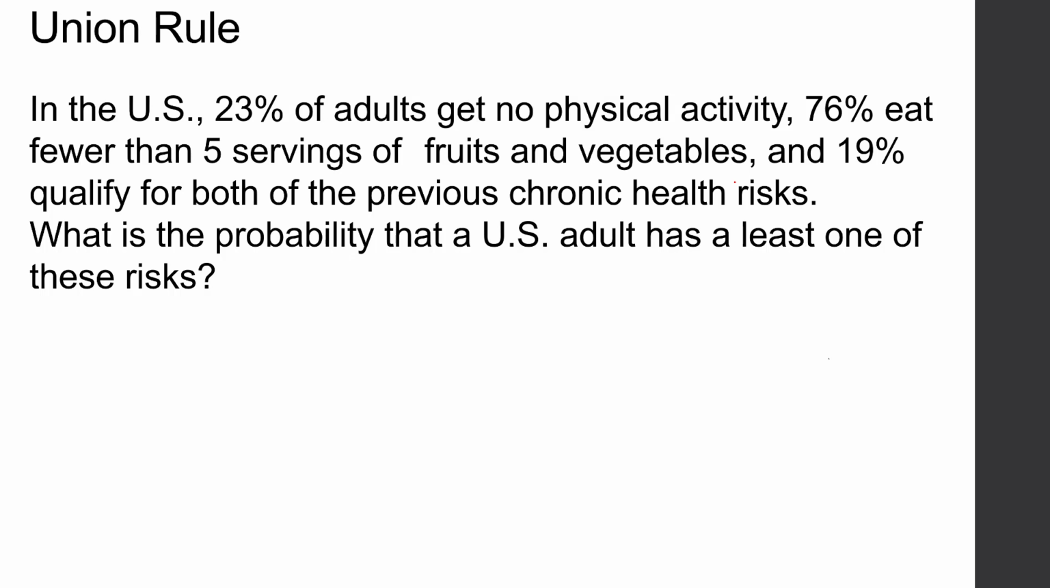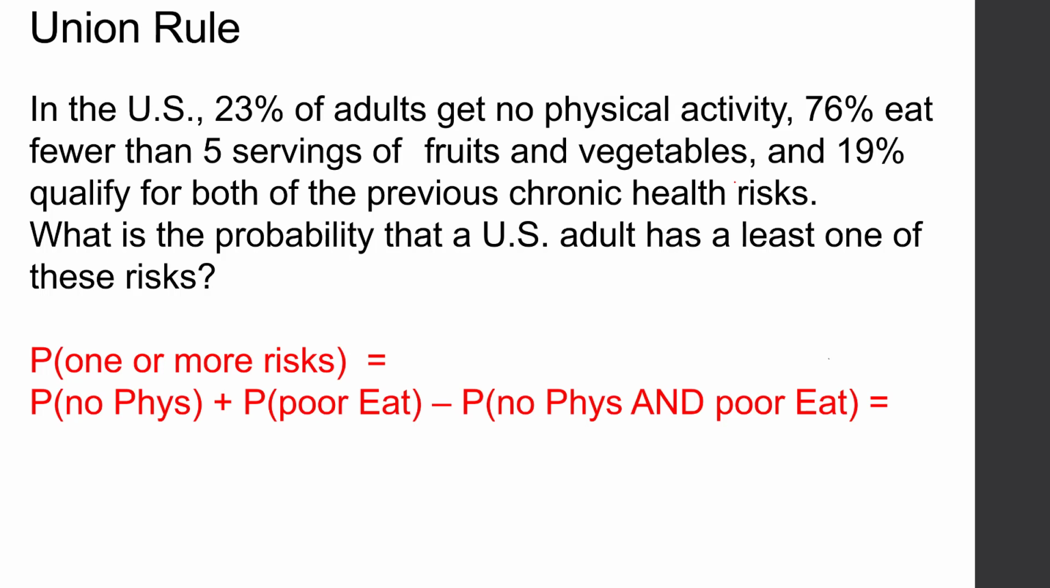Adult has at least one of these risks? Well, we can use our union rule. We can compute the probability of one or more risks as the probability of no physical activity, so that's like the size of the physical activity circle, plus the probability of poor eating habits, so that's like the size of the poor eating circle. And then remember, anywhere they overlap, we counted that twice if we added the size of both of those events. And so we're going to subtract out the intersection